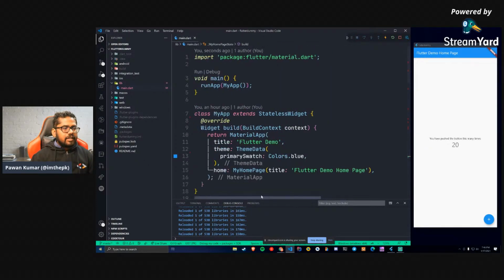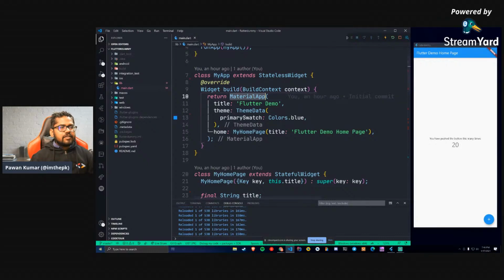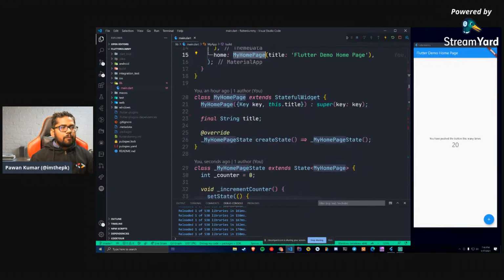So what's happening? Let's see again. There's a main method which is calling runApp, where we have our MyApp. MyApp is using a MaterialApp, as I showed in the slides, and it has something called MyHomePage, which is a stateful widget, because there is a counter which we are trying to change. When we click on this plus button, the number changes. As I told you, whenever there is a change in the screen, you might be using a stateful widget somewhere. It can be directly by you or behind the scenes.